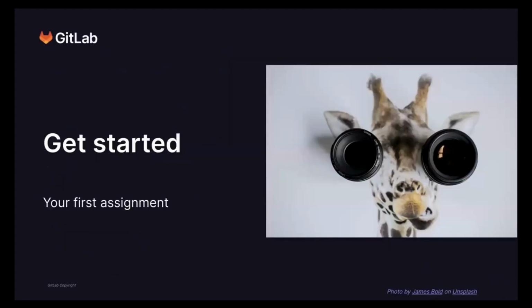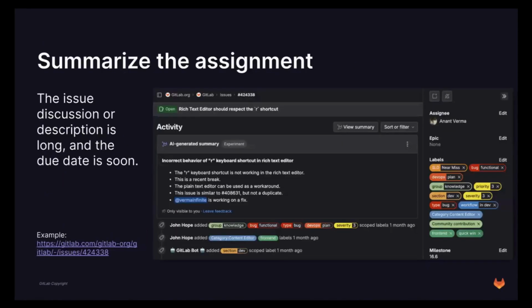So I thought, okay, if we can make that happen, maybe AI can help us. And I thought of how to tell that story, how to get started. What is the typical thing that happens to me as a developer or as a DevOps engineer? I get something assigned. There could be a new feature being developed. I need to work on the backend code. It involves front-end documentation. Basically, I get an issue assigned which takes 100 comments to read,